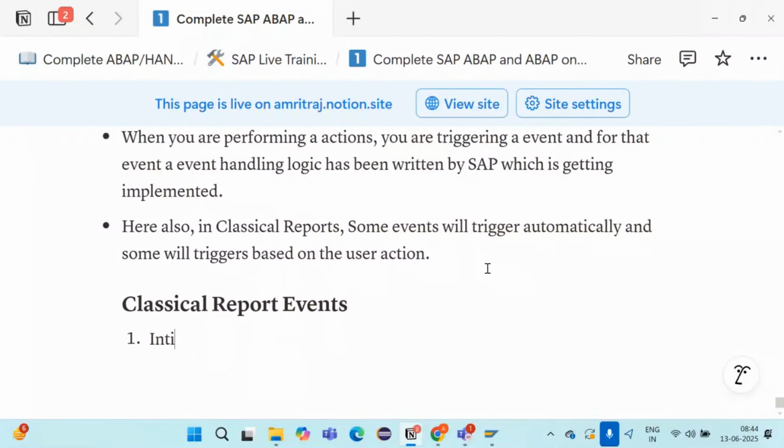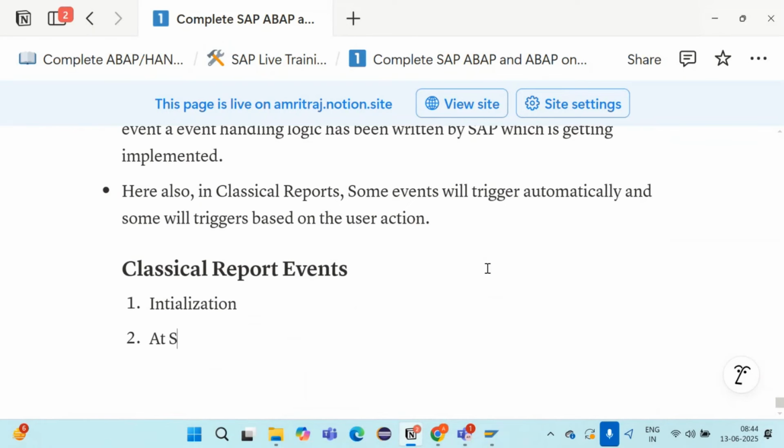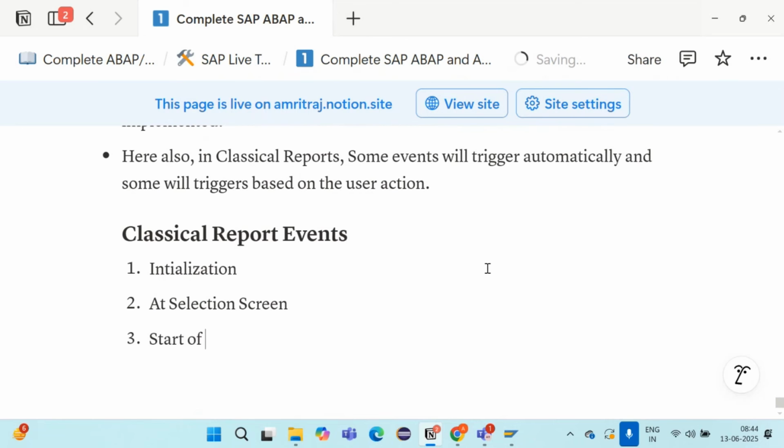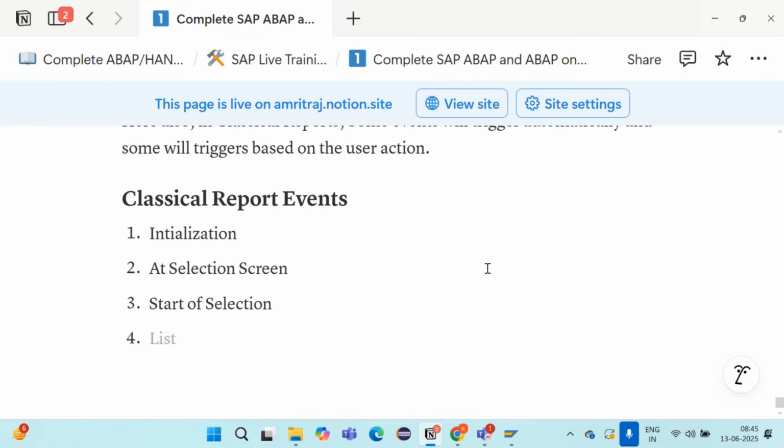Classical report events, one by one: initialization, at selection-screen, start-of-selection. Everyone must remember it. If you are an ABAPer, this should be on your fingertips.